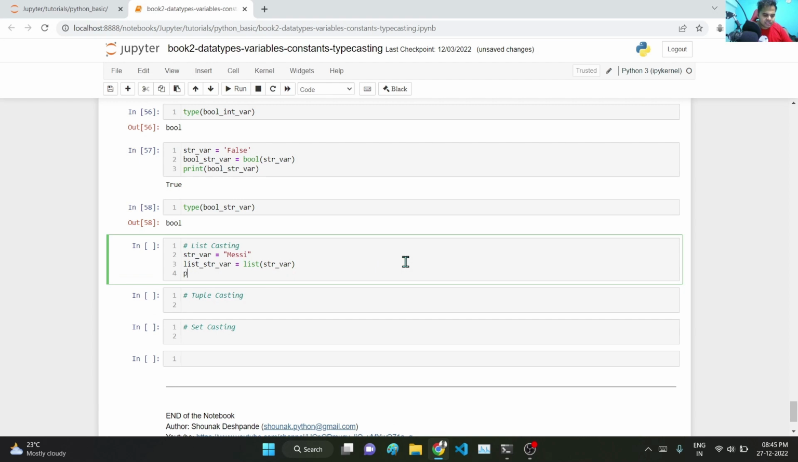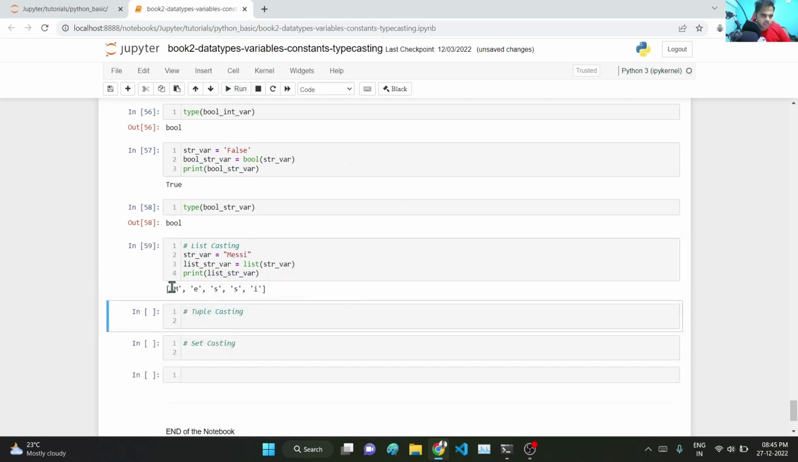And then let us print out this list str var, which is the name of our variable, and if I execute this, I have got this Messi in list format where every alphabet is separated by a comma. Similarly for tuple,